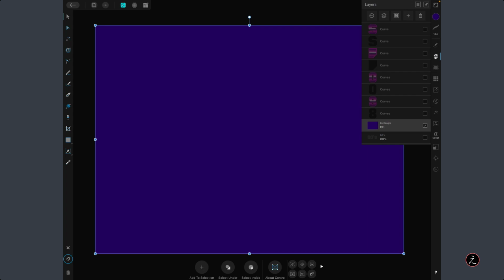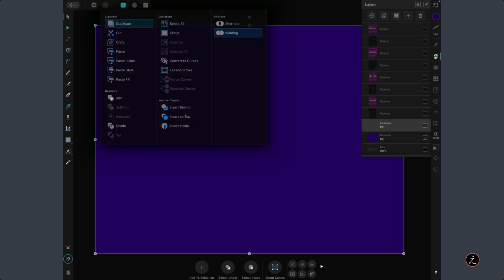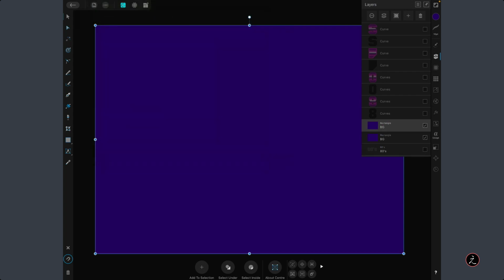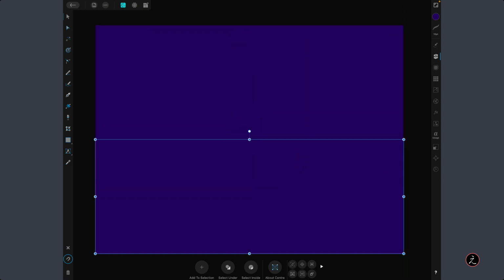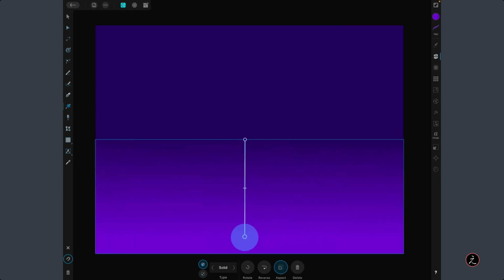I will go ahead and inside the edit menu, duplicate this, and basically cut it in half because I want this second rectangle to have a gradient applied to it. So again, I will grab the fill tool and tap and drag to create a gradient here. Just make sure, again, at the bottom of the context toolbar, to choose the linear gradient.